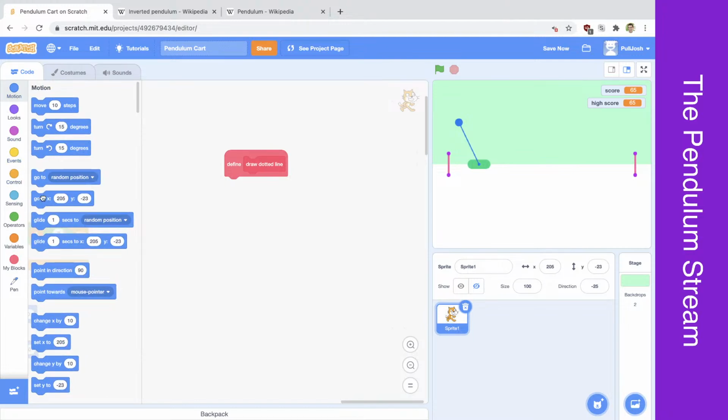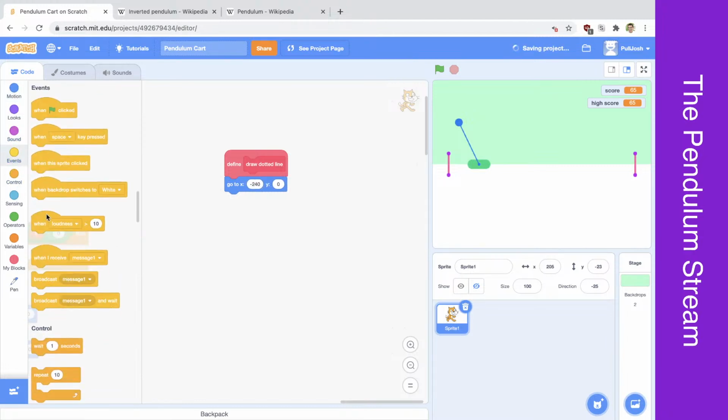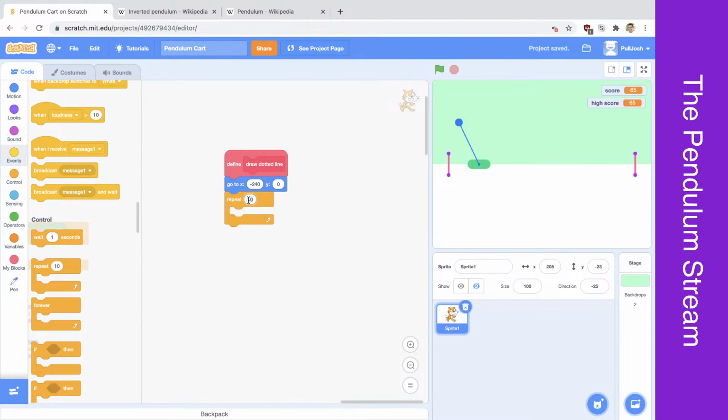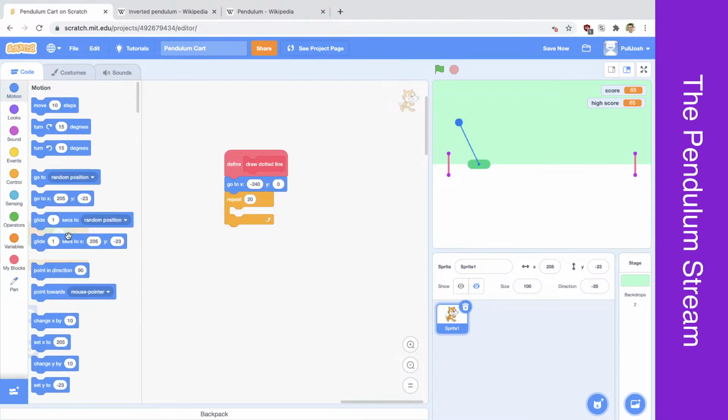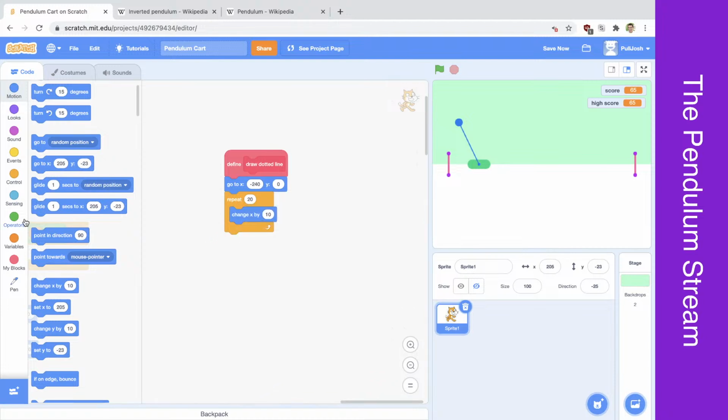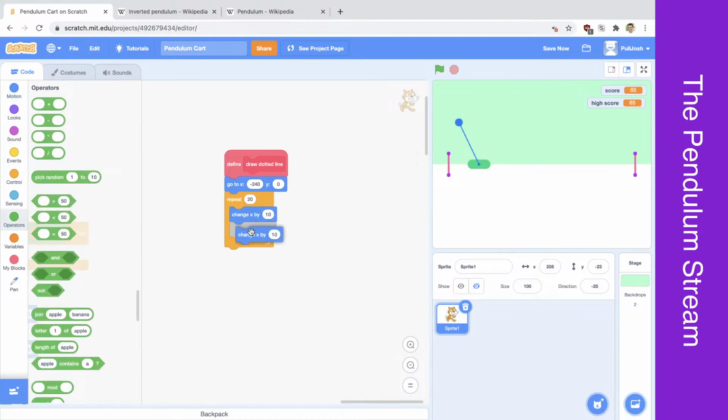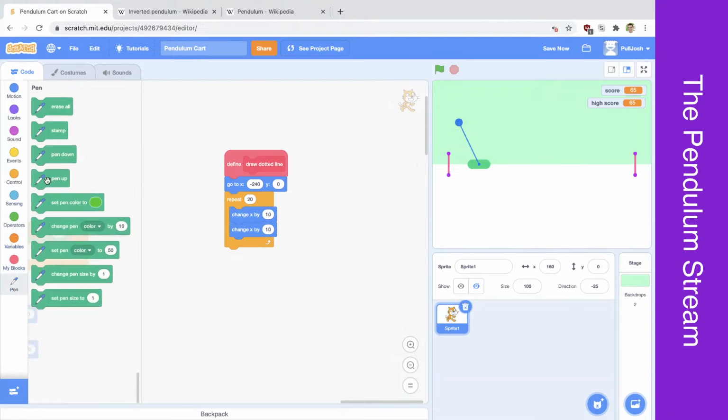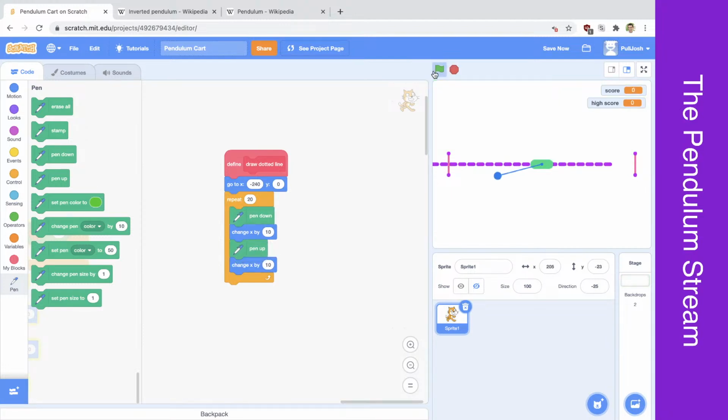Okay, so we want to go to negative 240, and then we want to say repeat a bunch of times, I don't know exactly how many, change x. Yeah, I'm drawing the dotted line here. We'll go pen down and pen up. Actually, we'll do that. Okay. We'll go more than 10. Maybe